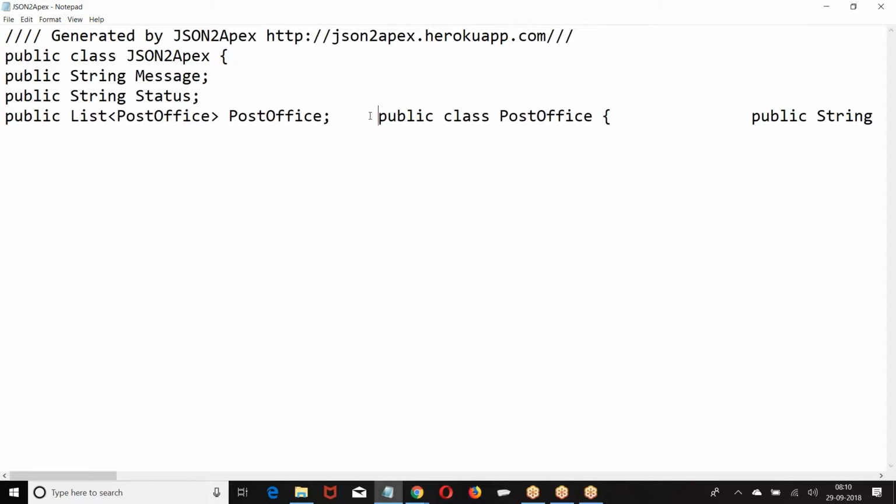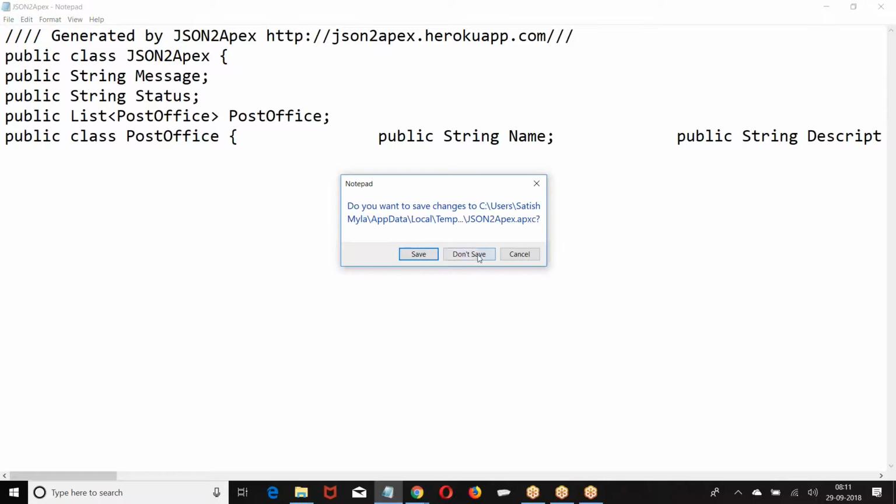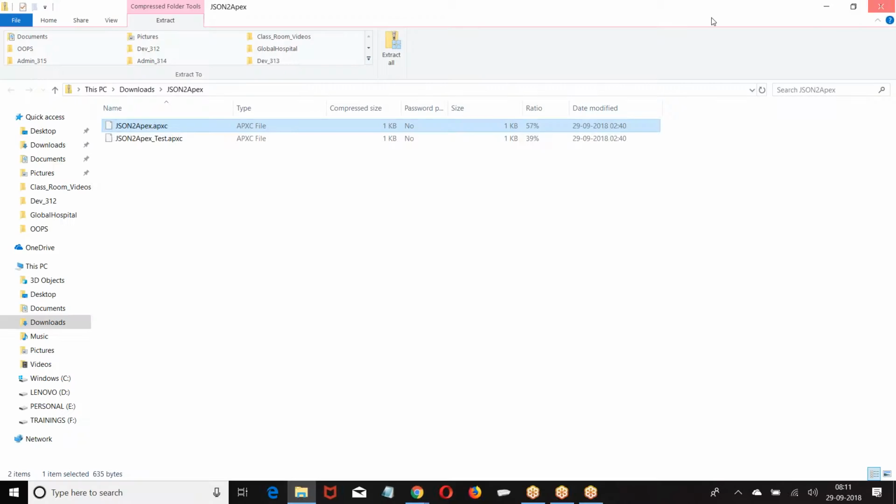This is a wrapper class. If you create this wrapper class, then you can convert it. If you cannot create this wrapper class, what can I do? You don't want to take the headache of converting all this stuff. Simply, I can go with